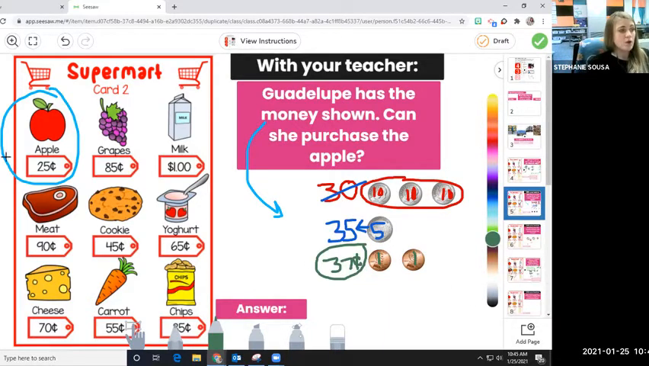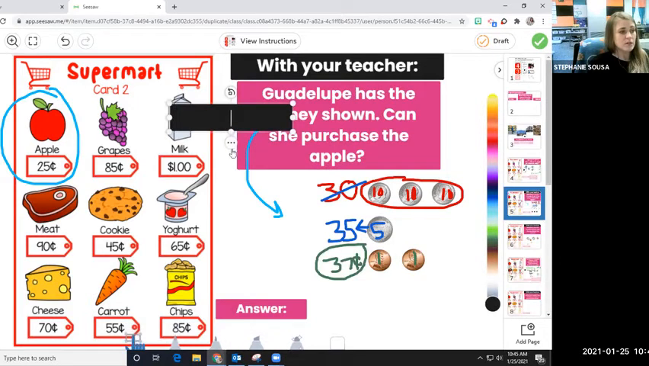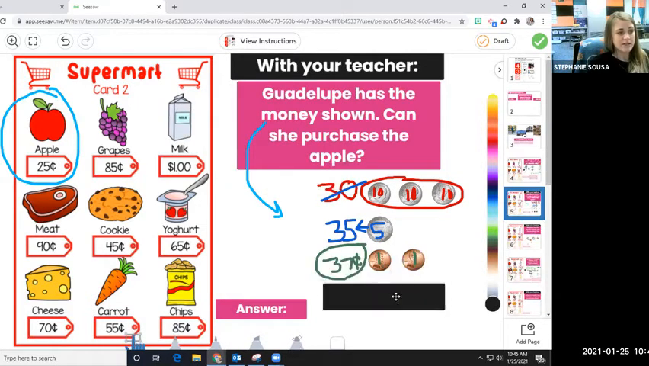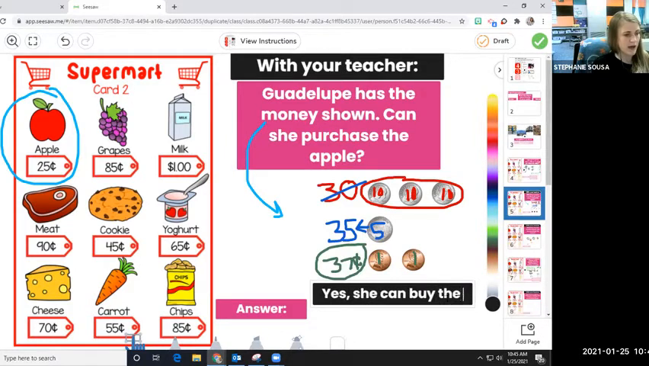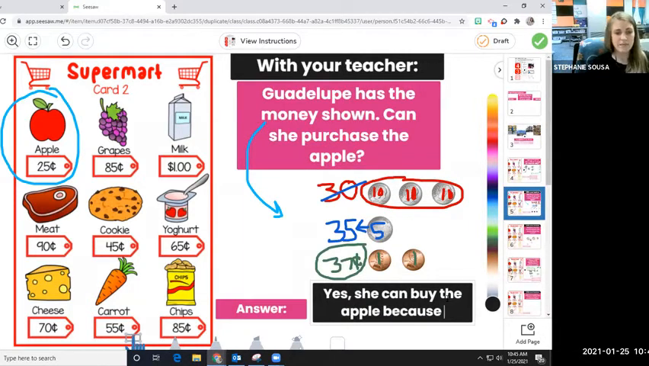Okay. We have to answer this question in a sentence. So get a text box ready. The question is, can she purchase the apple? Yes, she can buy the apple because, go ahead and get that typed. Yes, she can buy the apple because,